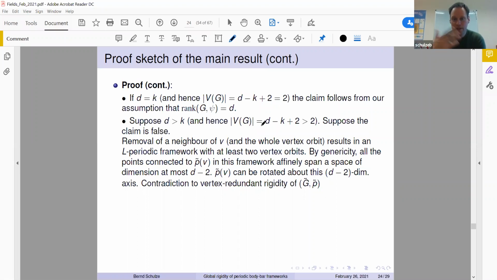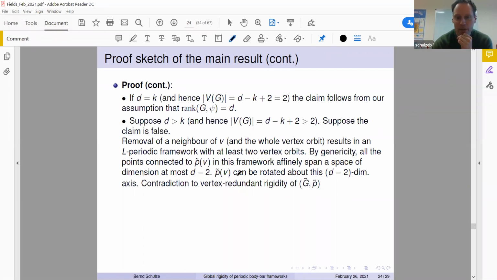Okay. Again, we want to show that the neighbors of V affinely span all of R to the D. Suppose this is not the case. So if the neighbors only span R to the D minus 1, well, then let's remove a neighbor of V, let's say W. Okay. Then what can we say? So the remaining neighbors other than W must span a space of dimension at most D minus 2, because if they span a space of dimension D minus 1, then together with W, right, W must also be in that D minus 1 dimensional space by assumption, because our claim is false, then we would have a violation of genericity, right? So the neighbors except W must span a space of dimension D minus 2 by genericity,